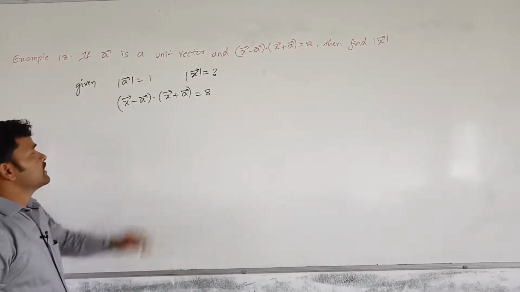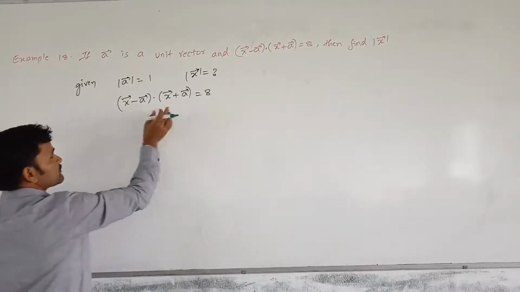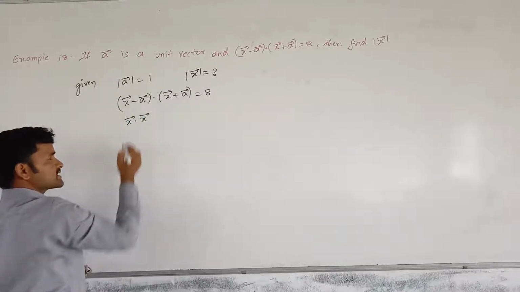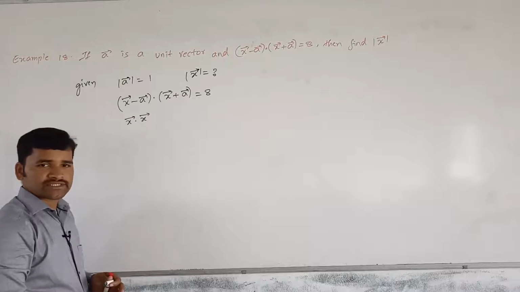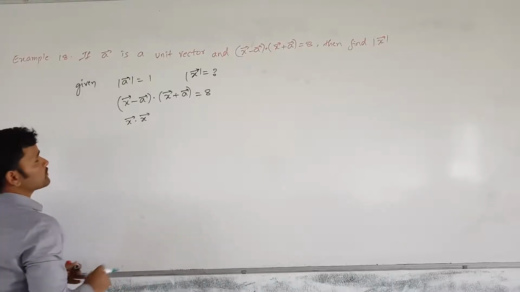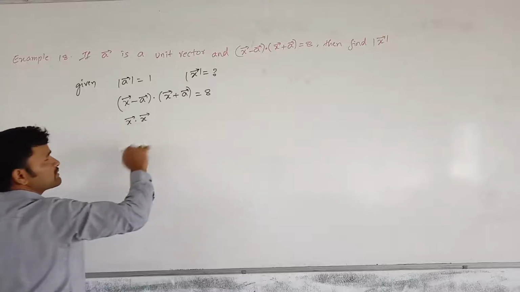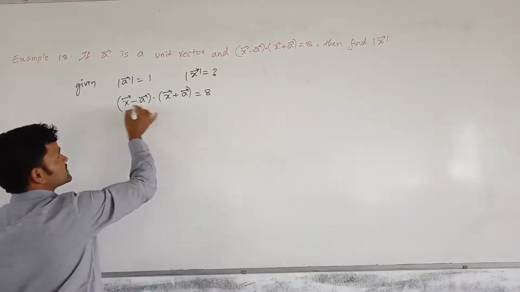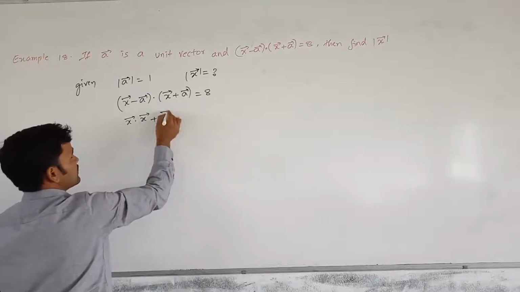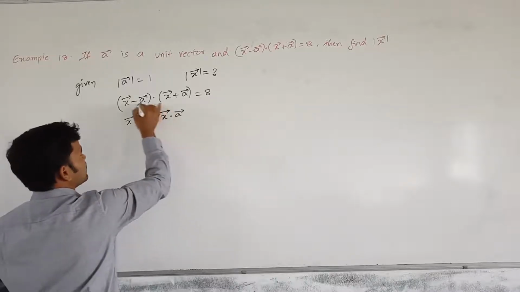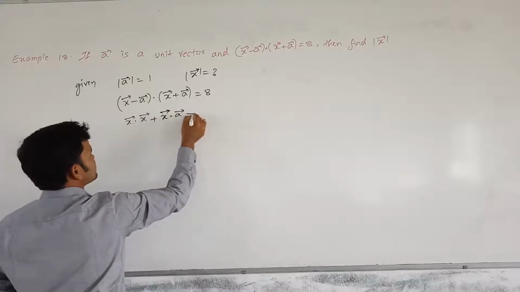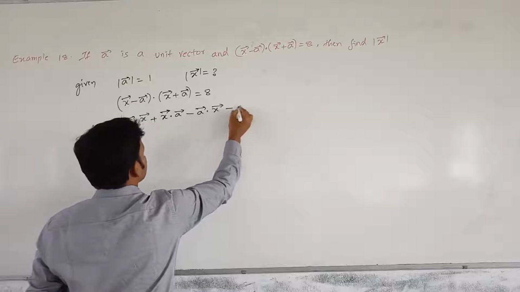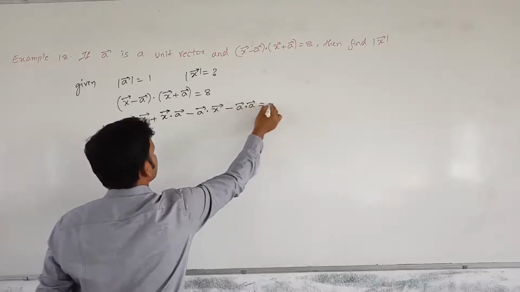Here, now take the dot product of this vector x into vector x. This is x dot x. X dot x is magnitude of x square. You can write it directly, no problem. With this, I want to say one thing. One formula also we will say. Just you observe. X dot x, here A is there, plus x dot A. Next here it is minus A, plus minus of A dot x. Plus into minus, minus A dot A, which is equal to 8.